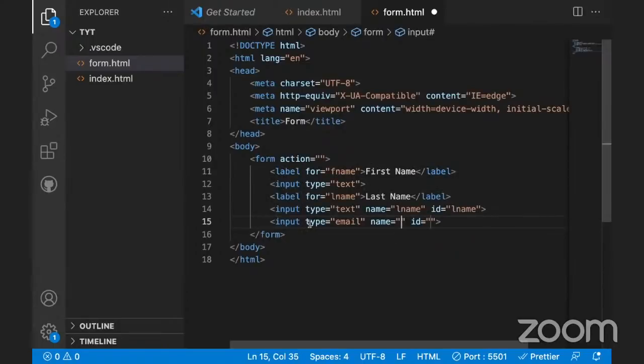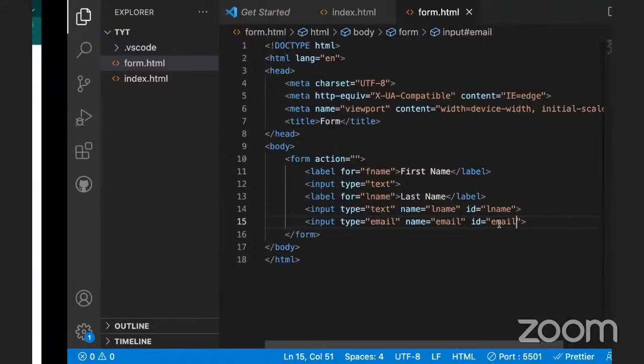Then I would have my type, email, name, email. All these are not needed for this, but since you're treating a form, you need them. They have their different functions, but they're not something you would know here. When you get to JavaScript, you will probably see the functions there. So if I save this and I come here,